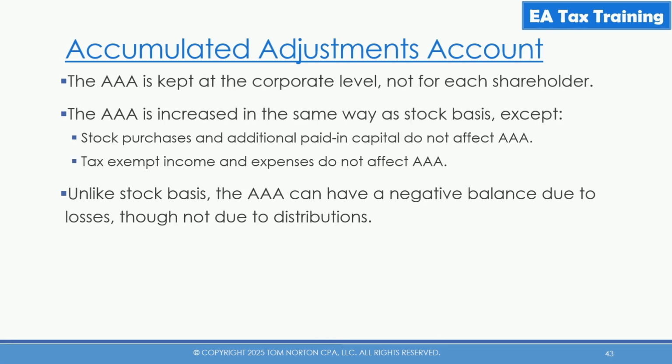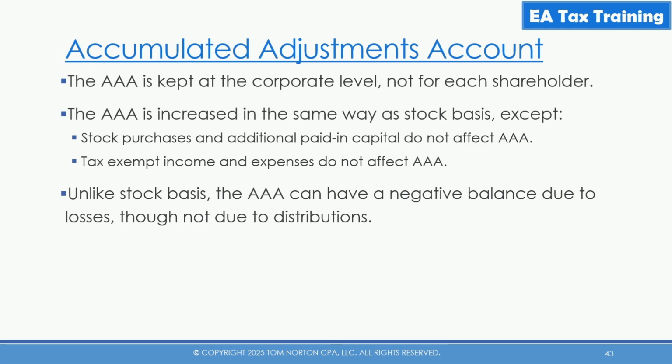AAA is kept at the corporate level, not for each shareholder. So when we talk about stock basis and debt basis, that is a shareholder by shareholder calculation. Each shareholder is going to have their own particular stock basis and their own particular debt basis. AAA is not kept that way. It's at the corporate level